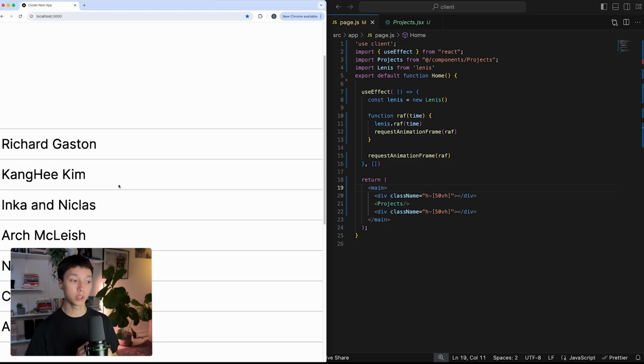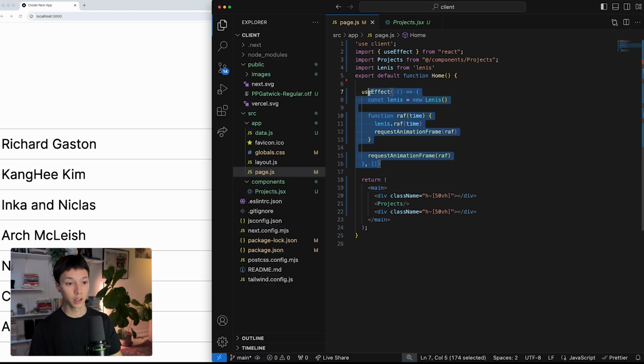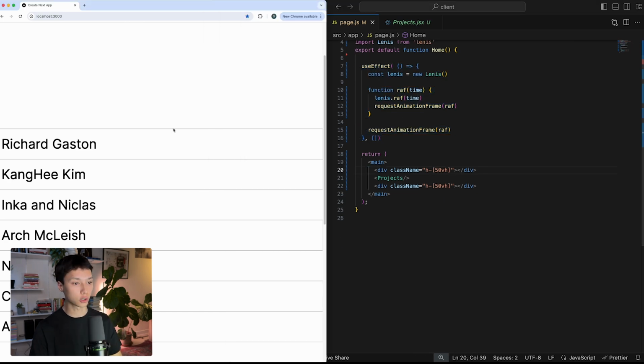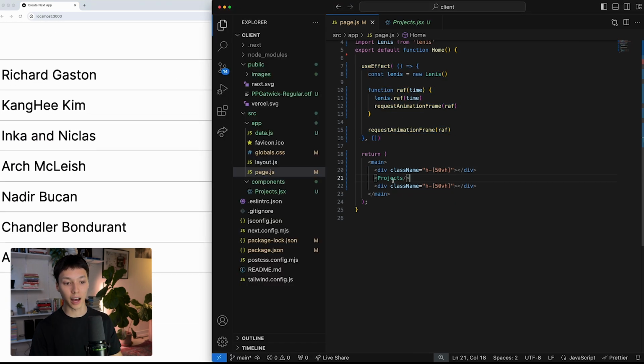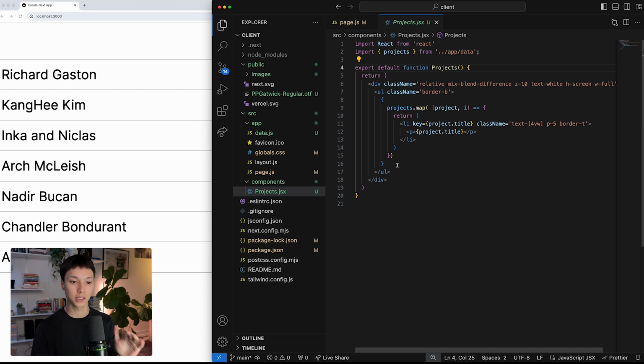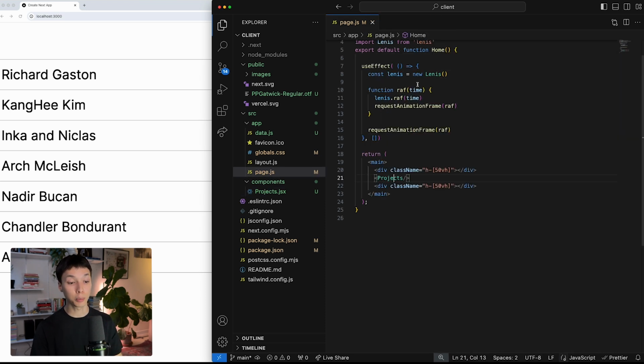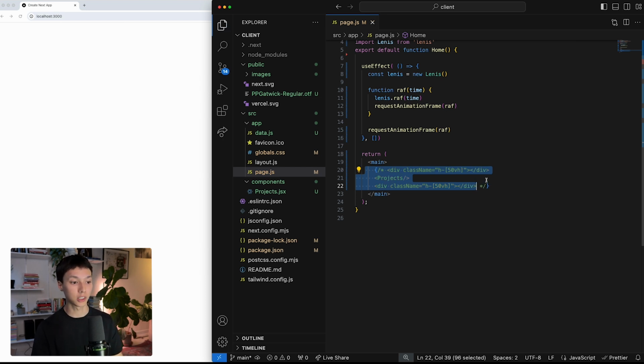Alright, so what I have here is a really basic Next.js application, and I have a list of projects, and we can see in the code it looks something like this. Here I have a smooth scroll initialized, and then I have some spacers just so that I can scroll here, and then I have my list of projects, and this is just some basic HTML and CSS. And actually I'm going to put all of that on the side for now, and we're going to go straight into 3D. So I'm going to comment that out,